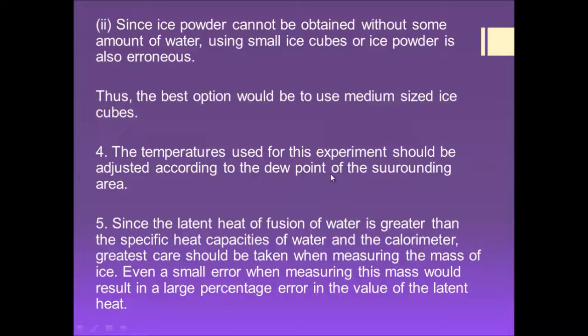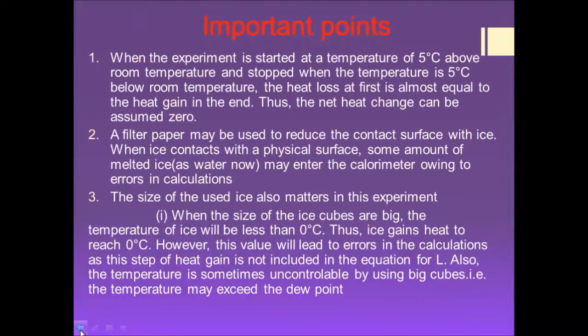So dew point is important when considering the temperature and the other factors that are necessary to find the value of L. And as I mentioned in the last video, as the last important point of the latent heat of vaporization, in the case of latent heat of fusion also, since the latent heat of fusion is greater than the specific heat capacities of water and the calorimeter, greatest care should be taken when measuring the mass of ice. So the mass of ice is actually what I consider to be the most precise measurement required, because as I mentioned in the last video, according to this equation,